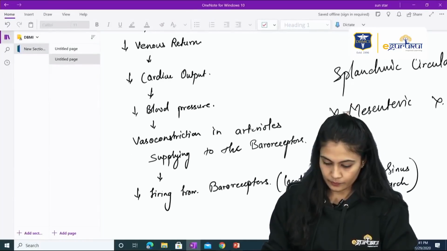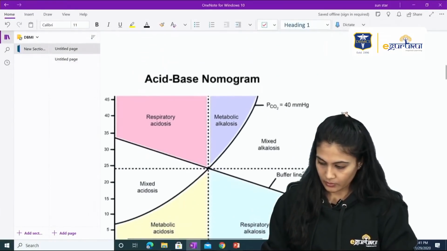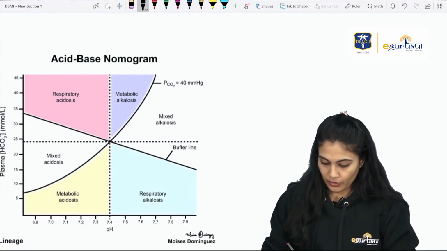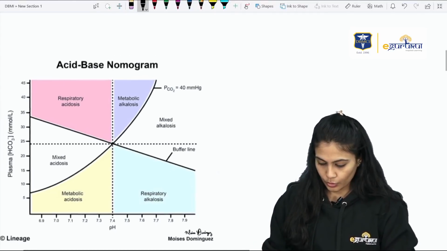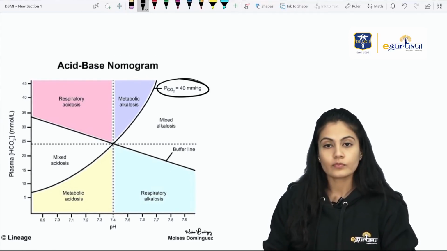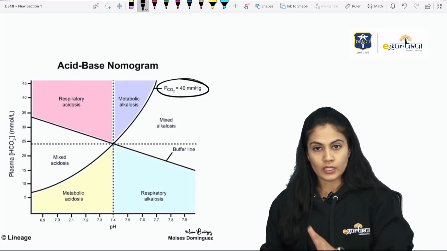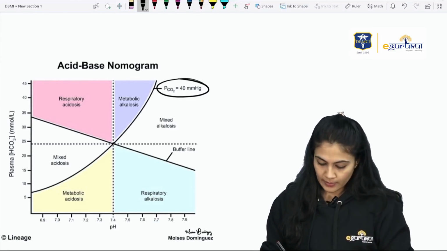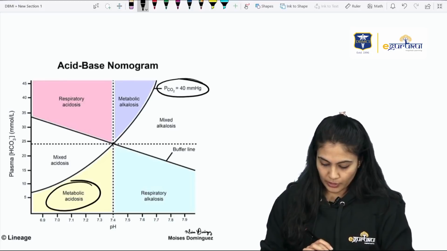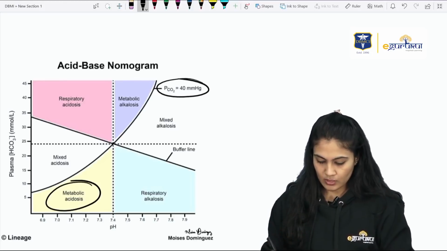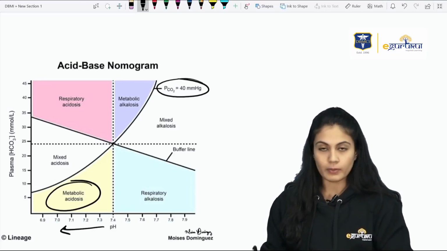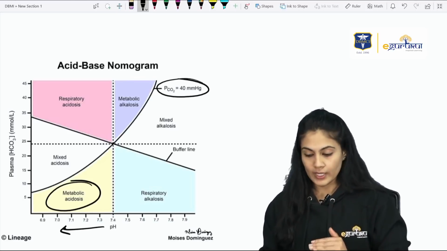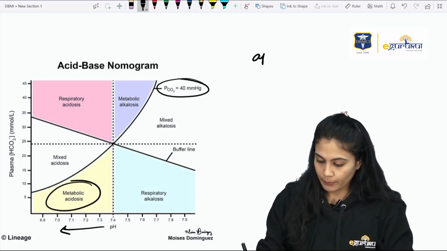Let's see a similar diagram if we have that, right, over here. See. The diagram is showing the PCO2 also; over here it is not shown, only one line is shown, right? That is what we require. If the PCO2 line is shifted toward the left, that means it is increasing, right? So, metabolic acidosis. What happens in the metabolic acidosis? Acidosis means the pH will be low, right? The bicarb will be low too, right? So, what should be the approach? The approach should be,